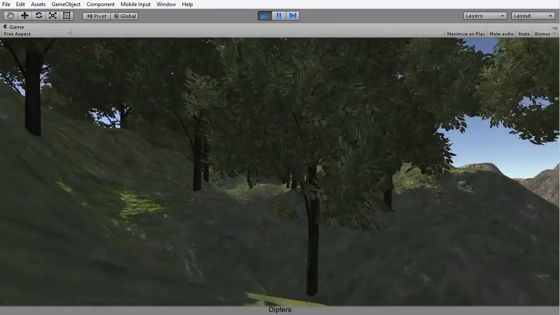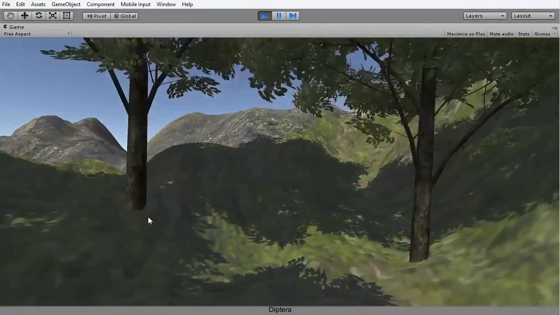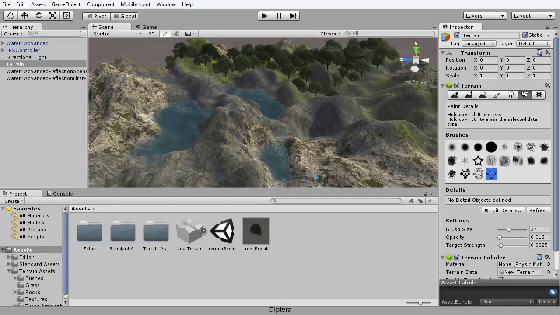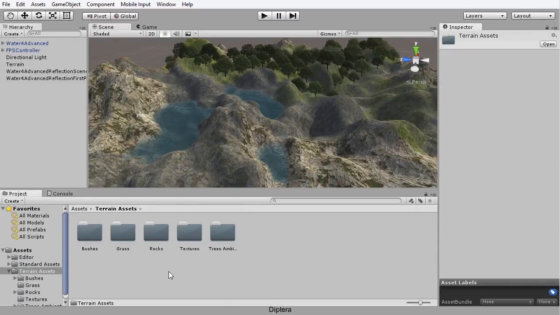So finally we've got trees on the terrain and things are looking good. Let's move on by adding some rocks. Now it's time to paint some grass and rocks onto the terrain that we have here. So I'm going to revisit the Terrain Assets folder that we've seen before and open up the Rocks folder here,